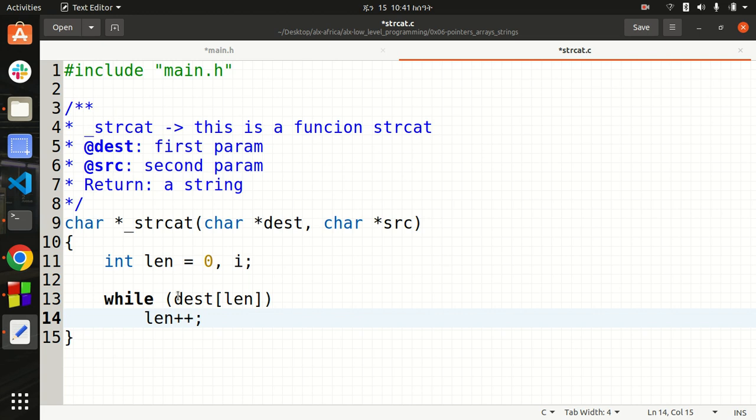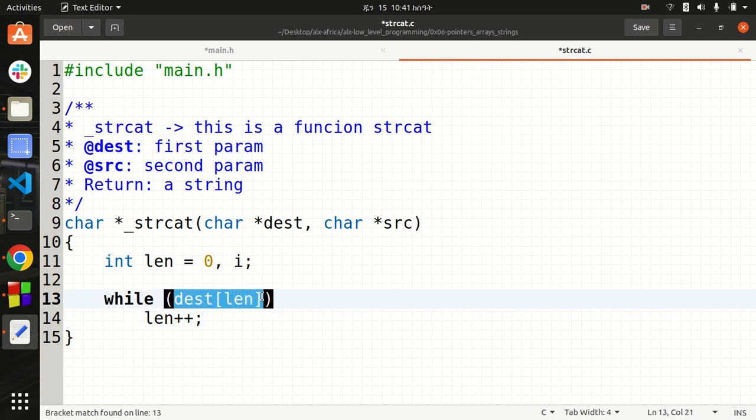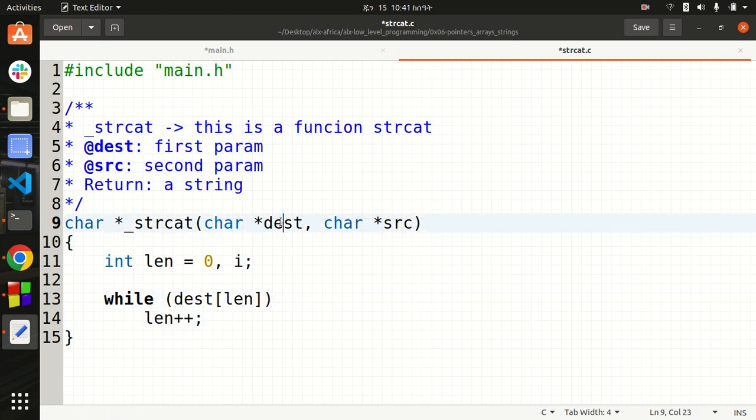This code is saying if there is a character in this dest string, it is going to add 1 to it, so it is going to count the length of this string,